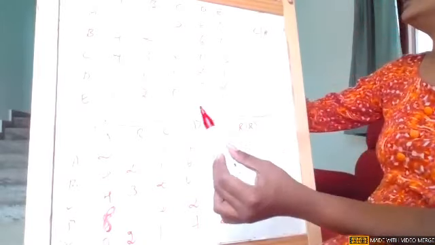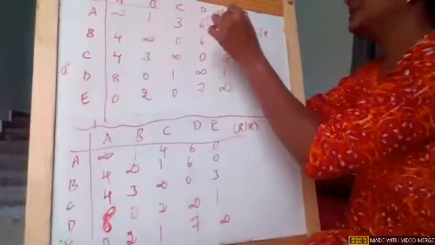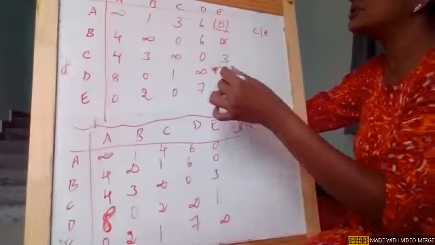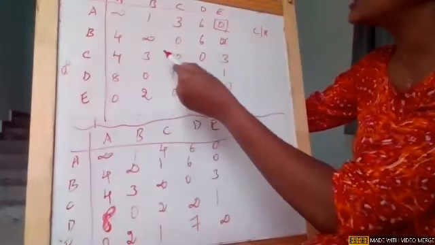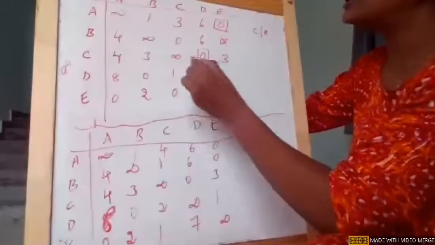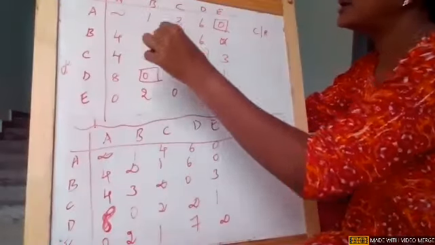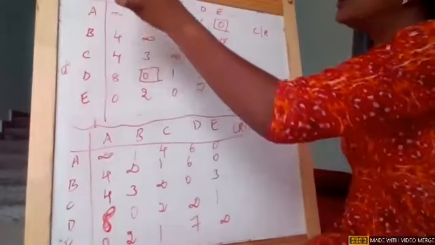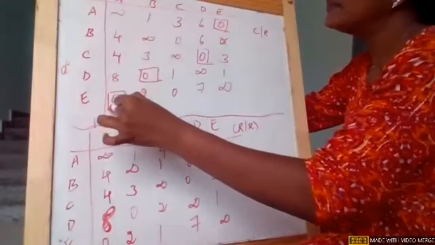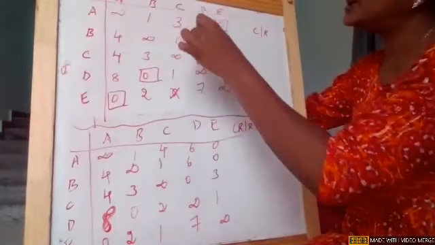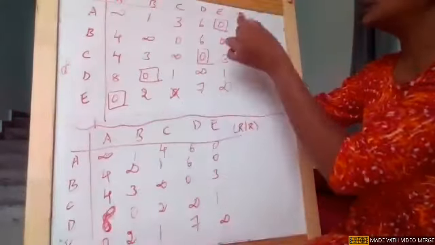Now start assigning. Simple, start making an assignment. First row, single 0, the corresponding column zeros, cross them out. Second row, multiple zeros. Third row, single 0 and the corresponding column zeros, cross them out. Fourth row, single 0 and the corresponding column zeros, cross them out. Fifth row, multiple zeros, so we can't do it. First column, single 0, corresponding row zeros, cross them out. Second column, third column multiple zeros, fourth, fifth.